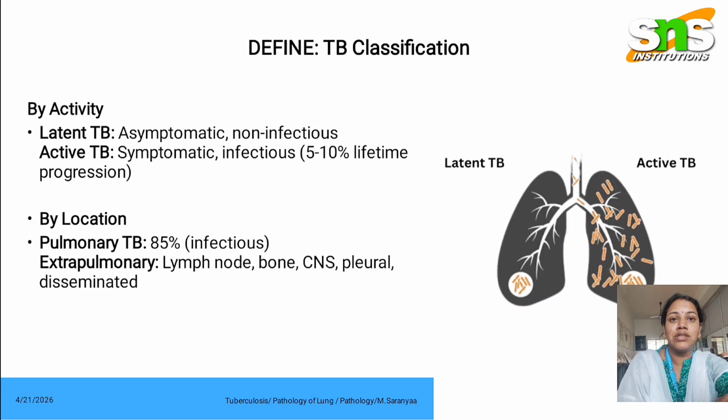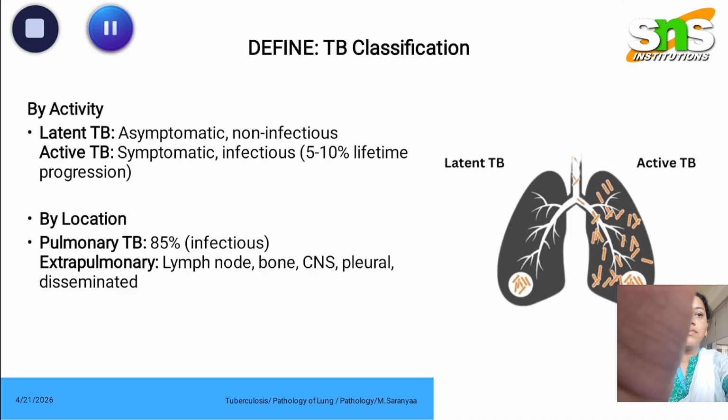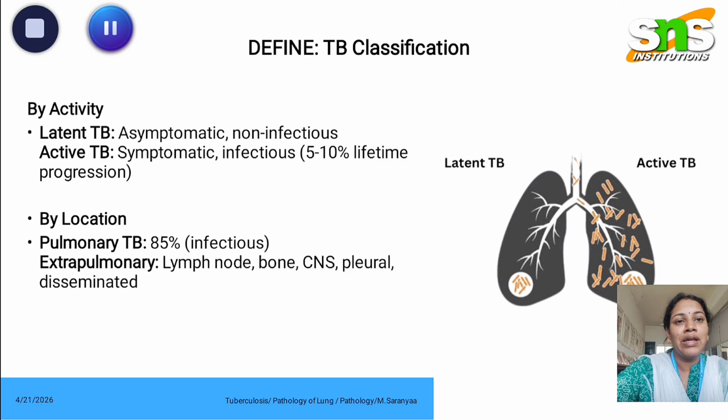So what is tuberculosis? It is a disease caused by Mycobacterium tuberculosis, which affects the total lungs. You can see in this image the active TB can be spread all over the lungs. It can damage the lungs. So once it causes damage to the lungs, it can become metastatic, spread to any part of the body and damage the other parts of the body.